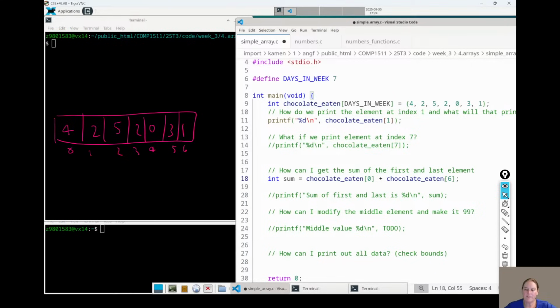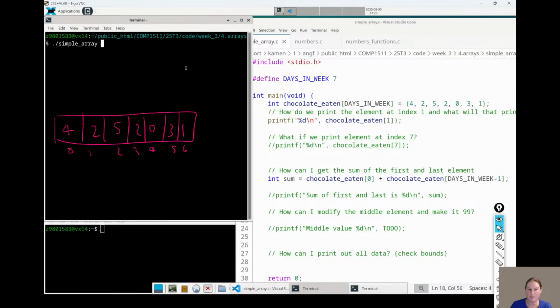the last index of the array is 6. But more generally, the last index in an array is whatever the size of the array is minus 1. So sometimes it's nice to do it programmatically, like days in week minus 1. Then it's quite clear, well, if you spell it correctly. So sometimes you've got the size, and by going to the index at size minus 1, you get the last one. I mean, both of these are going to work. I just want to point out some of the patterns that exist.